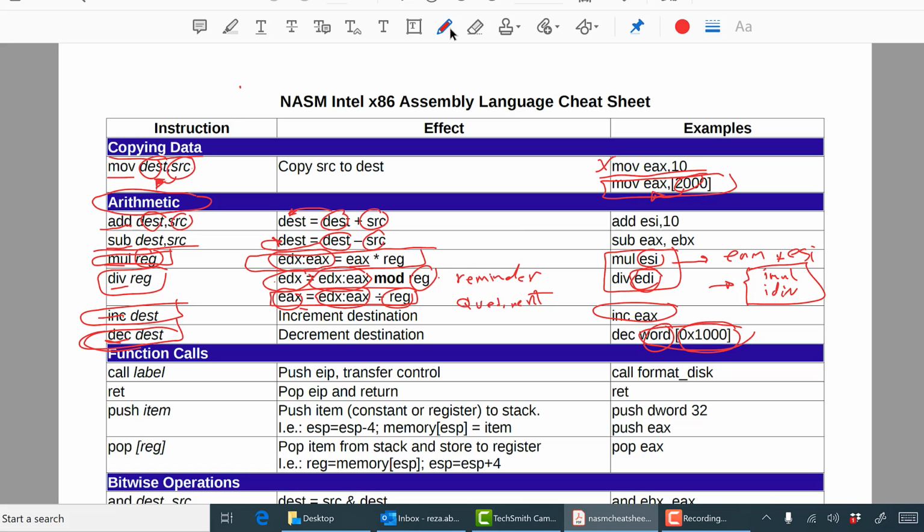Then we have the function call in assembly. To call a function, we use call label. The label serves as the name of the function, normally, in assembly. If you want to make a resemblance with C, you can say call my function. Once you do this,